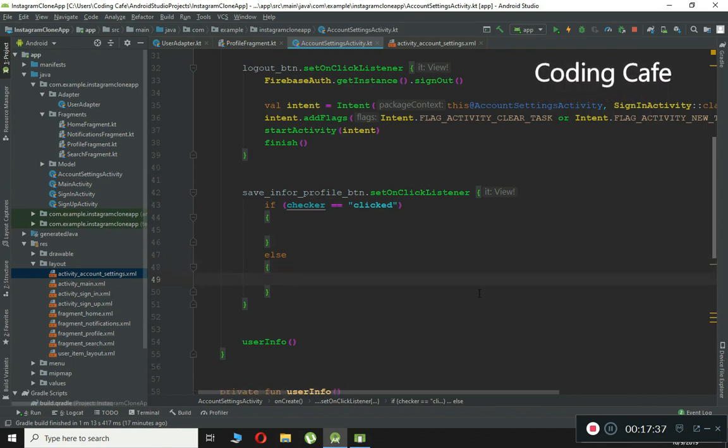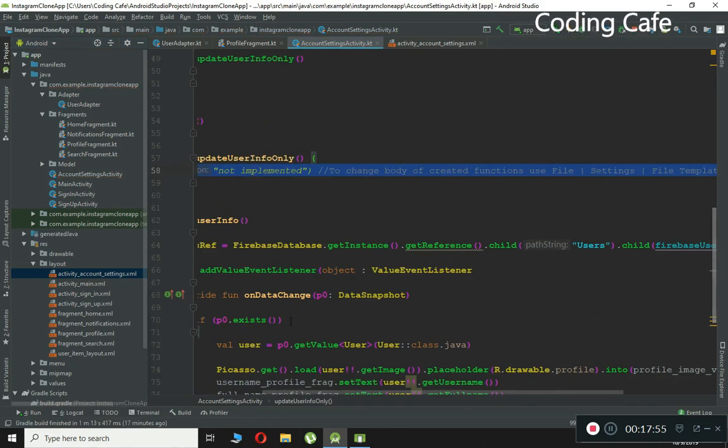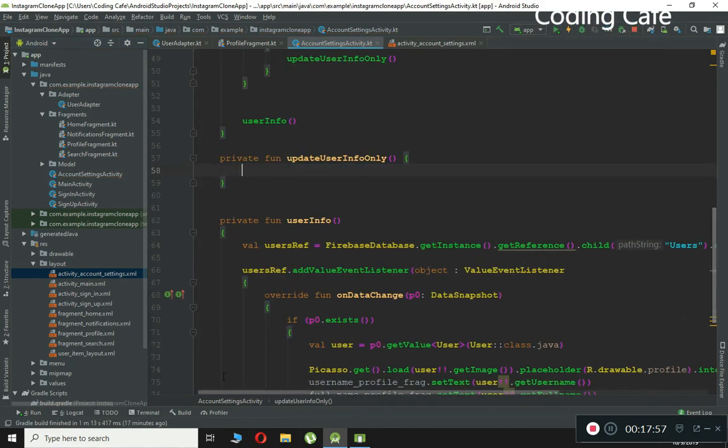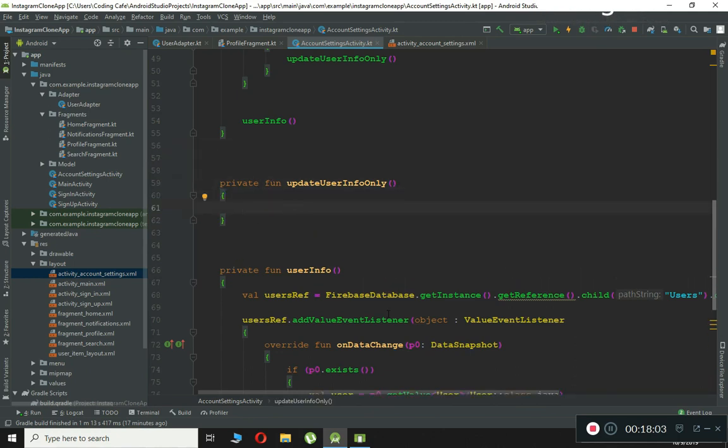So here we are going to create a method, which we will create now, which will be called update user info only. Let's just create this method, create function, and here it is. Remove this comment first, and then inside here we need to create a reference to our user's node. So just typing it again, let's copy this thing, copy it up to the users. Okay, just like this, and